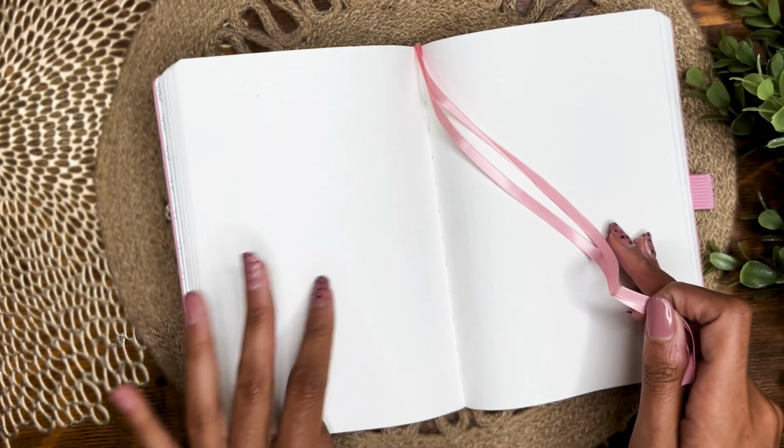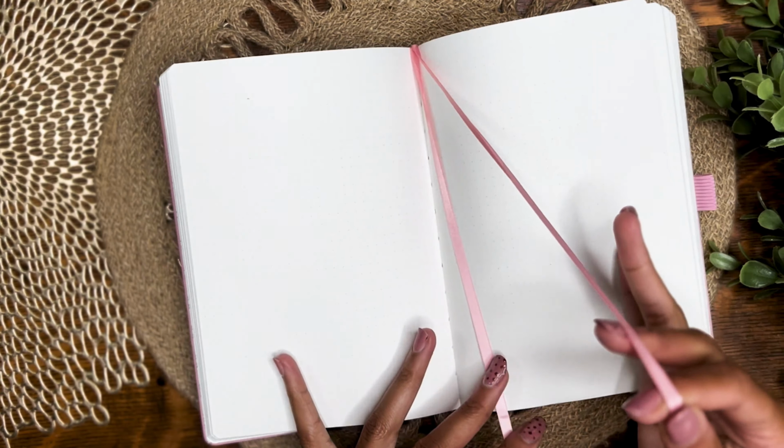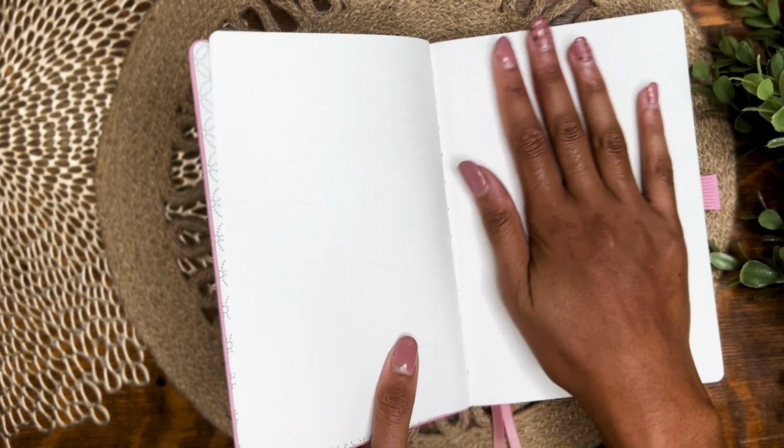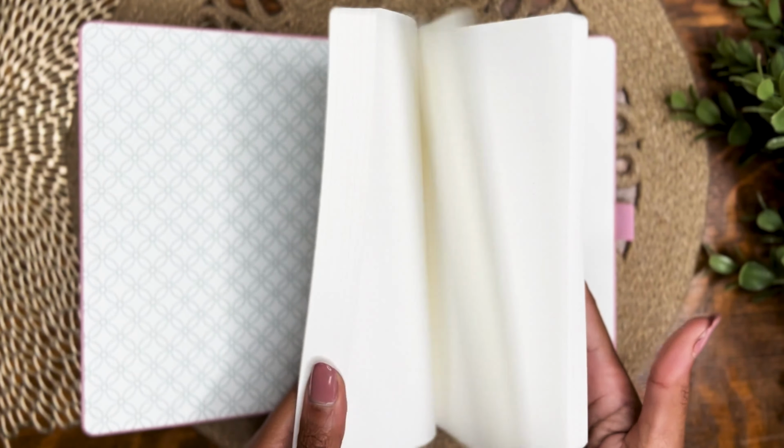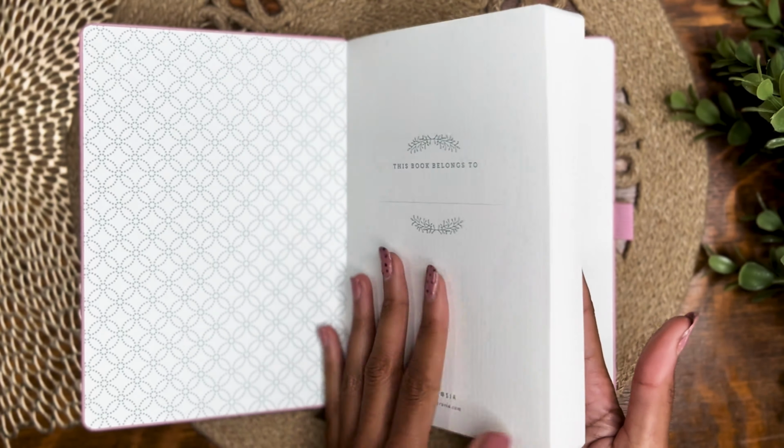Two ribbon bookmarks. Okay, pretty standard features at this point, but always just good to know if you're in the market to try something new. Let's see, this paper is pretty white. I wouldn't say it's the starkest of whites, but if vintage white was a thing, I'd say vintage white, not quite off-white or a cream, but the dots are pretty light gray, which I personally enjoy, especially if